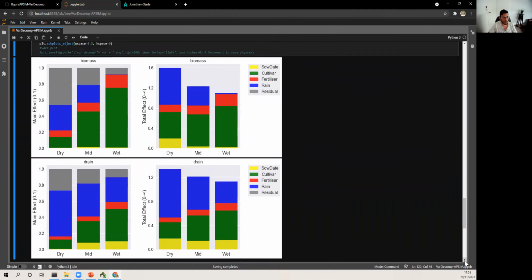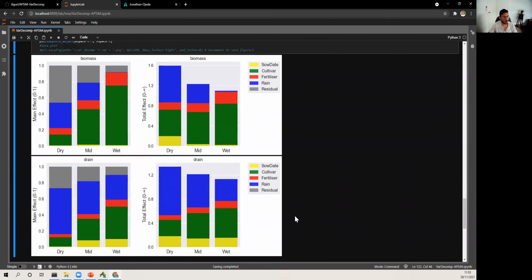So basically, this is the product. What is this coding doing? This coding is producing a visualization of the main effect and the total effect across sites for the 2 variables, biomass and drain. So if we put focus, for example, in the analysis of the main effect for biomass across environments, we can see that when we move from dry environment to wet environments,